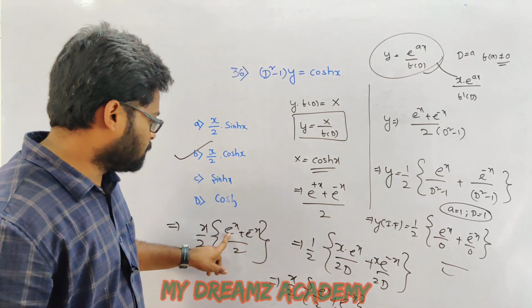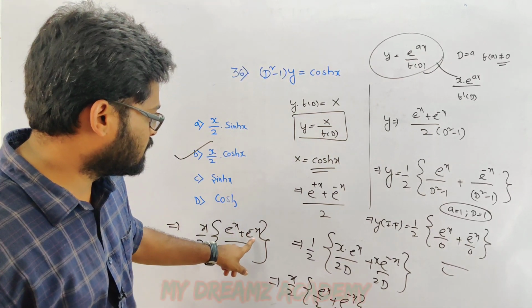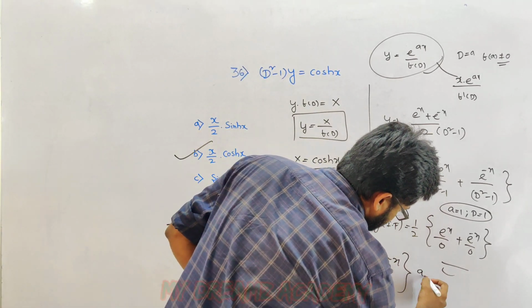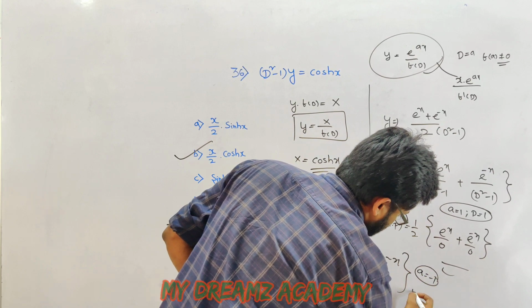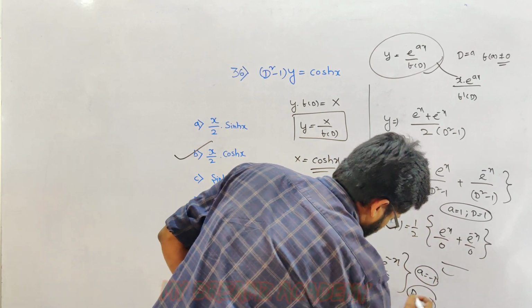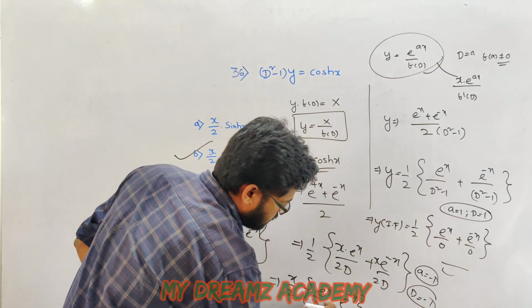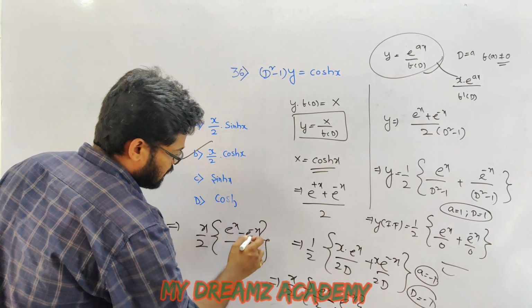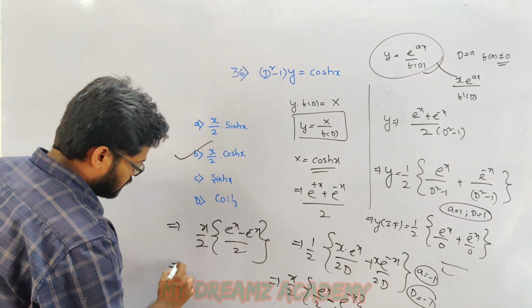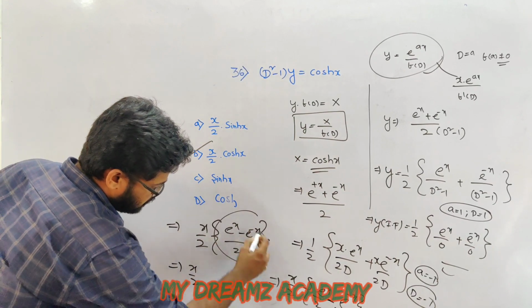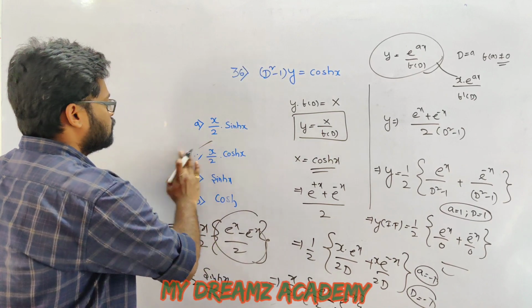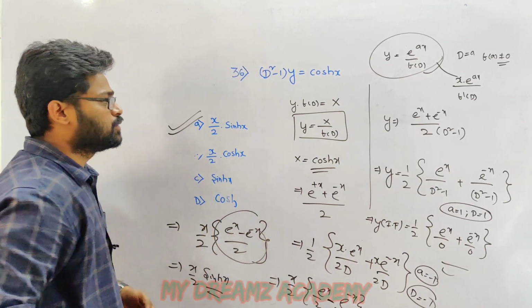Okay, sorry, here we need to substitute, here the a value is equals to minus 1, we need to substitute d is equals to minus 1. So if you substitute d is equals to minus 1, it will give minus 2. So e power x minus e power minus x by 2, that is nothing but x by 2, this value is sin hx, so it will give option A, x by 2 sin hx.